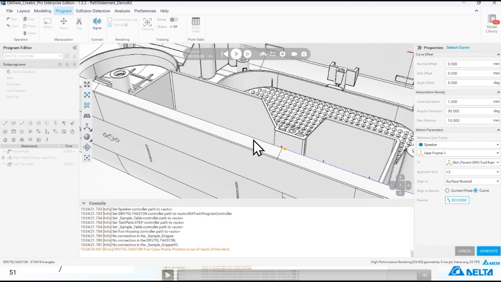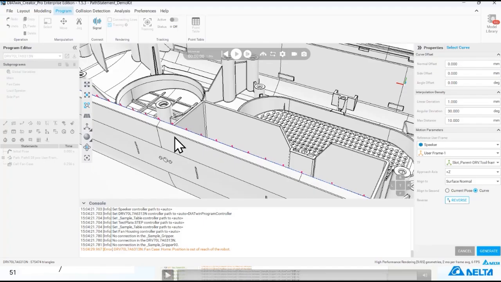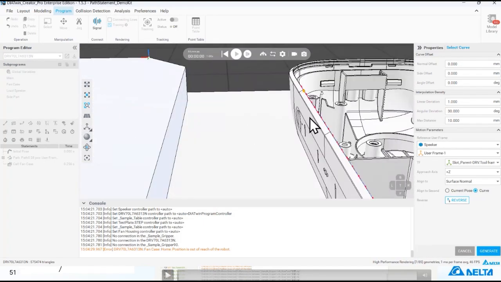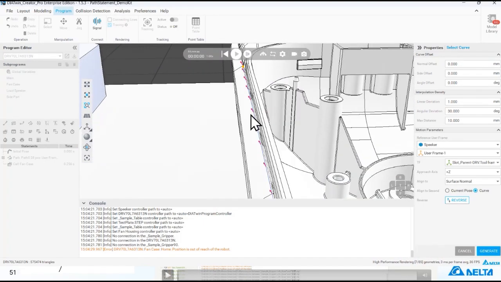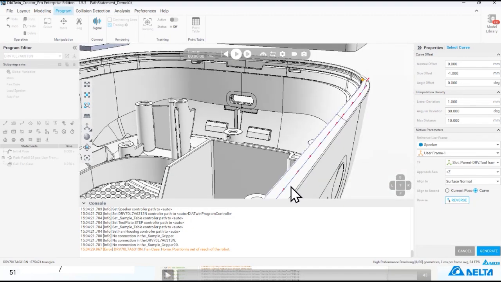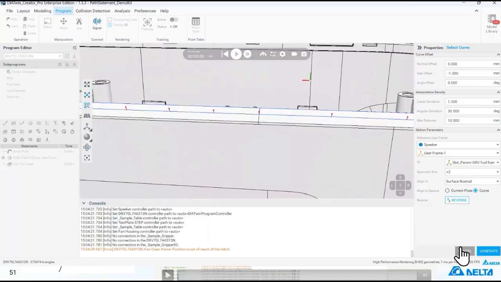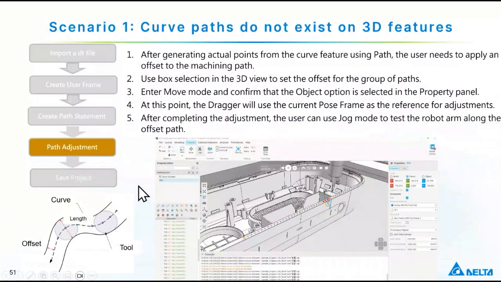Reverse it. But ideally, we want to have a curve. We want to have a path at the middle of the face, so we can use the side offset to directly modify it. Sorry, -2 will be fine. This one, for example, like this, so we can get a path by using side offset. Okay, it is the first scenario. And the second one